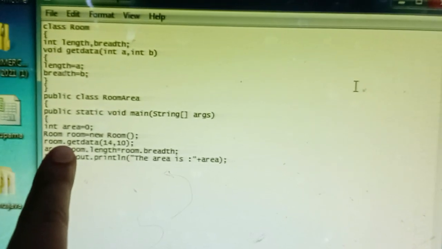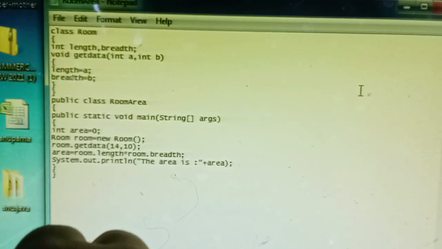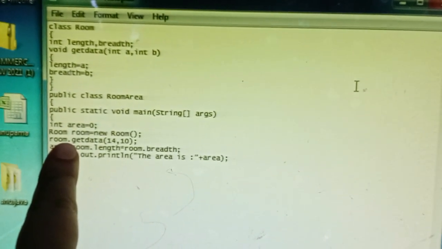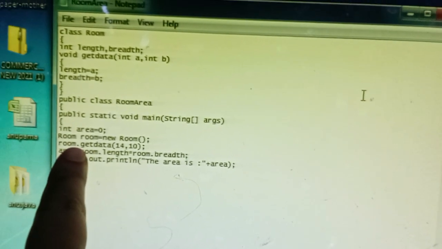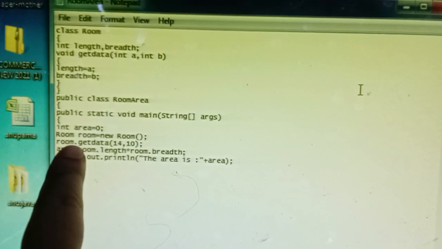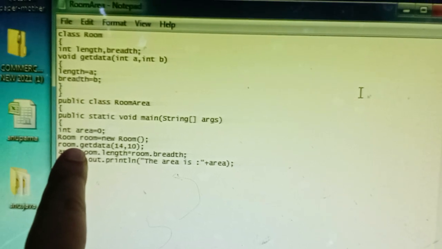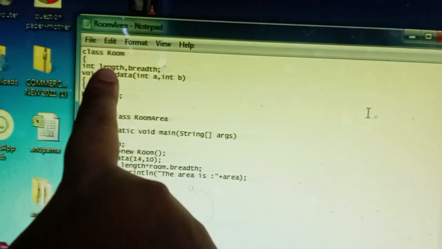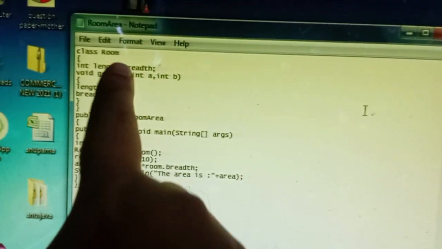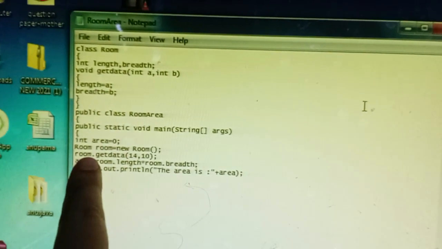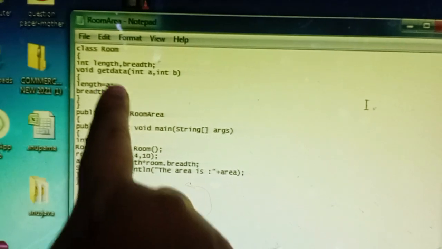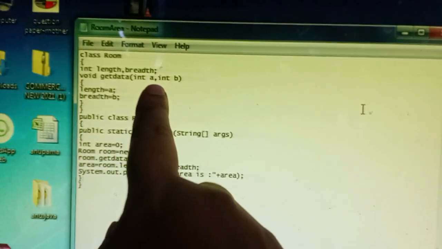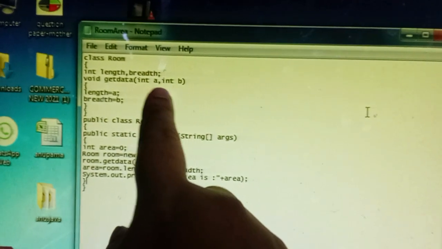In Java literals, we have seen the separators, and this period is one of the separators. Using this period operator, we can access the variables in the Room class and also the function. So room.getdata is the function through which we can pass values.